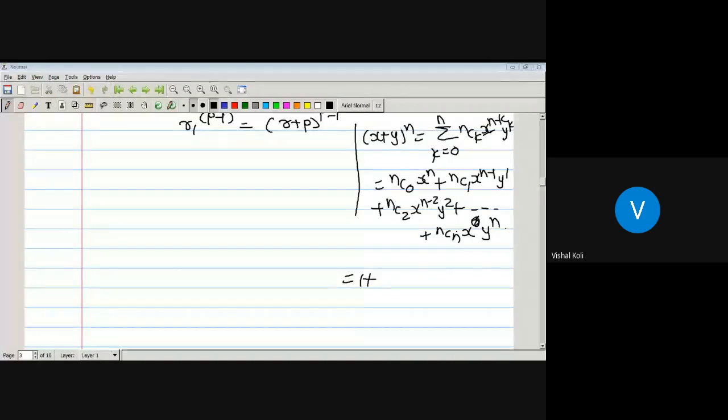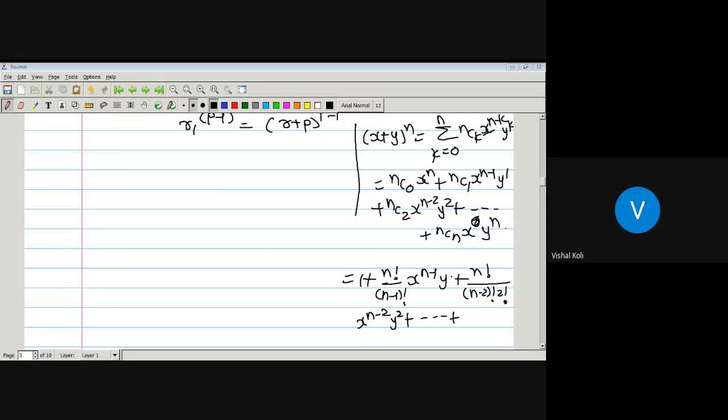Plus n c1, which is n factorial divided by n minus 1 factorial into 1 factorial, which is 1 into x to the power n minus 1 into y, plus n c2, which is n factorial divided by n minus 2 factorial into 2 factorial